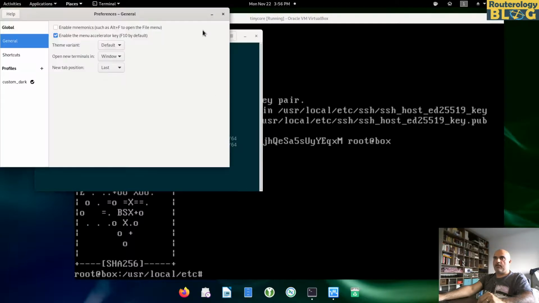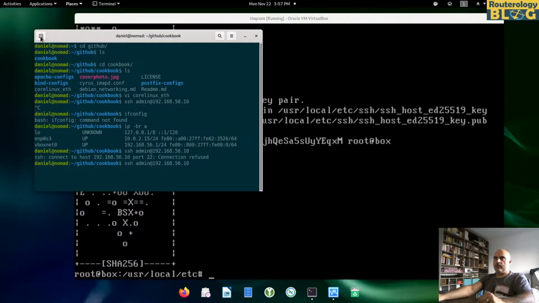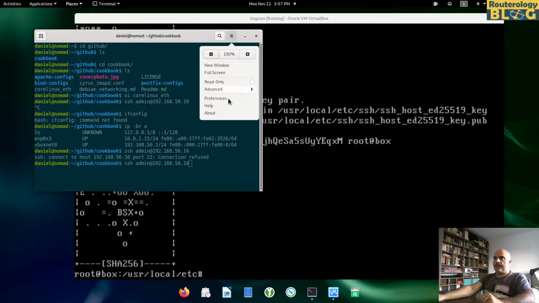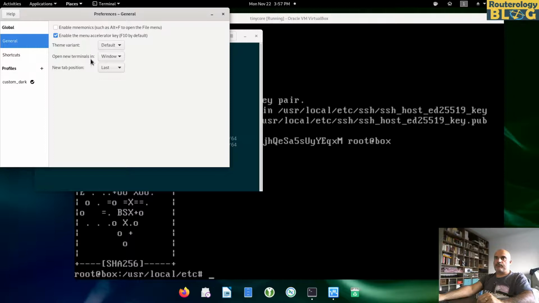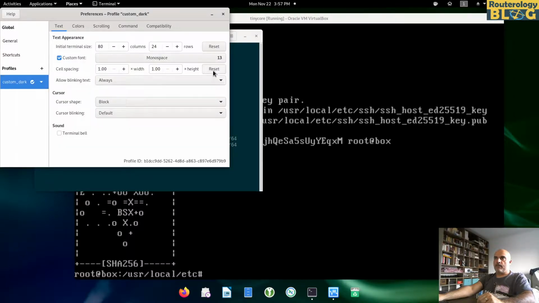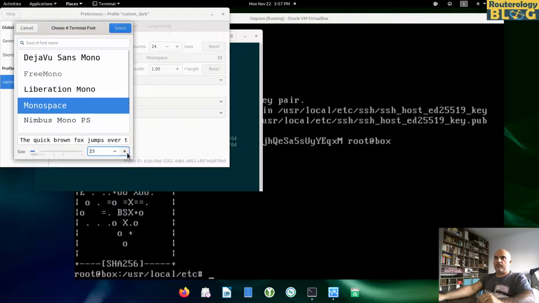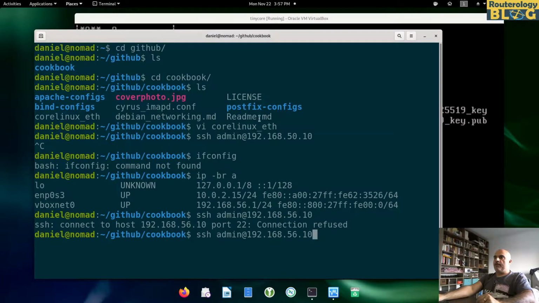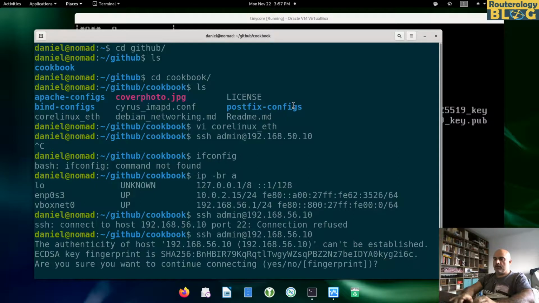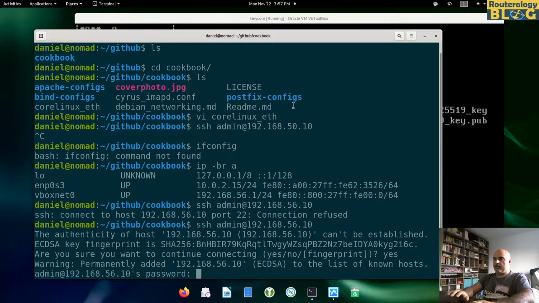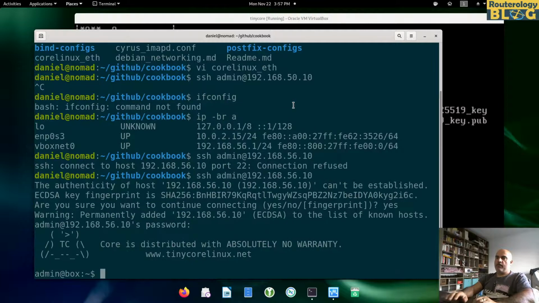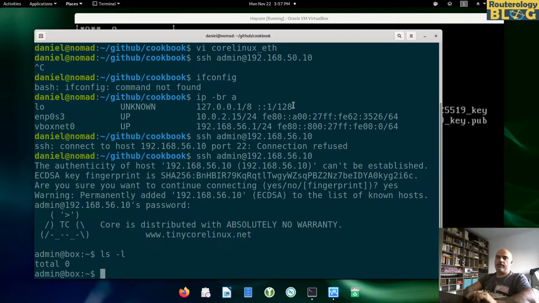I want to use a 22 font. Let's see if that's enough. All right. So let's pray. All right. Unknown SSH key. It's asking for the password, and voila, we are connected through SSH to our new